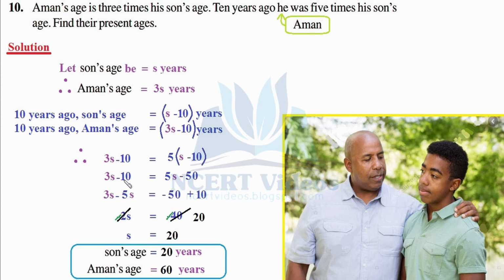And minus 10 is our constant on the left hand side. When we transpose it towards the right hand side, it is minus here, it will become plus 10. Now let's solve it. Different signs, we are going to subtract and the sign will come of the greater number. By greater number, we mean the value without considering its sign. So 5 is greater, so the sign will be negative and we subtract. 3S minus 5S equals 2S, obviously negative, equal to as it is. Again, different signs, we subtract and the sign comes of the greater number, in this case negative. So negative 50, when we subtract 10 from it, we get 40.